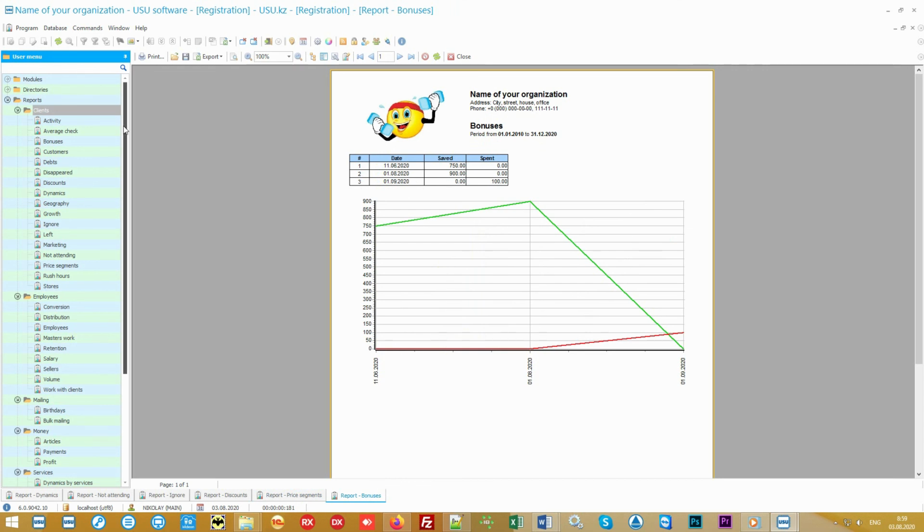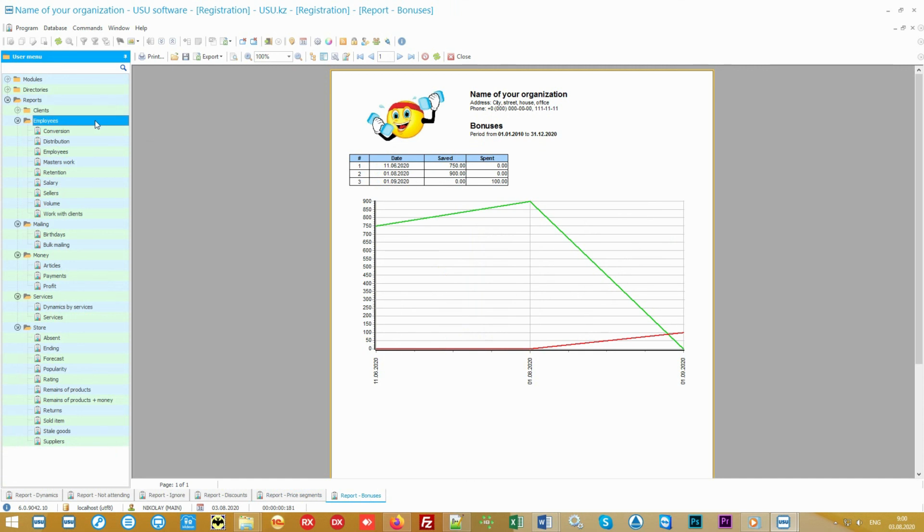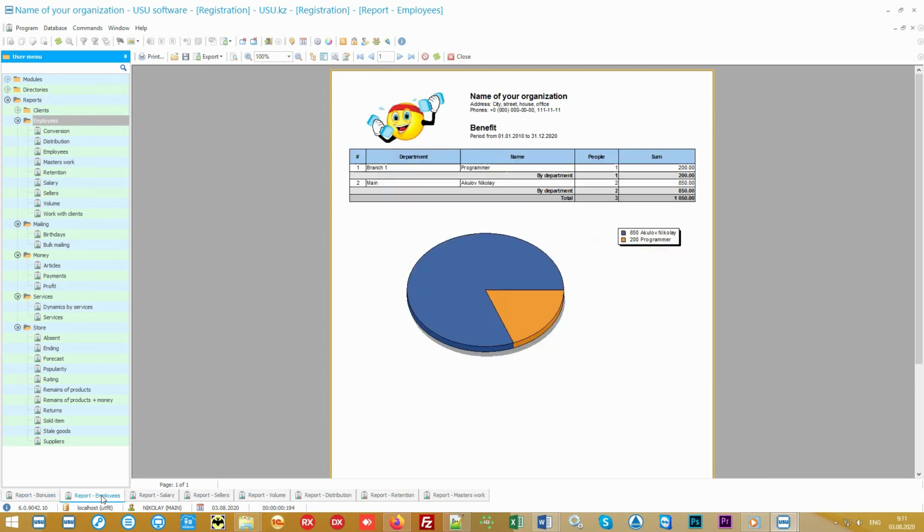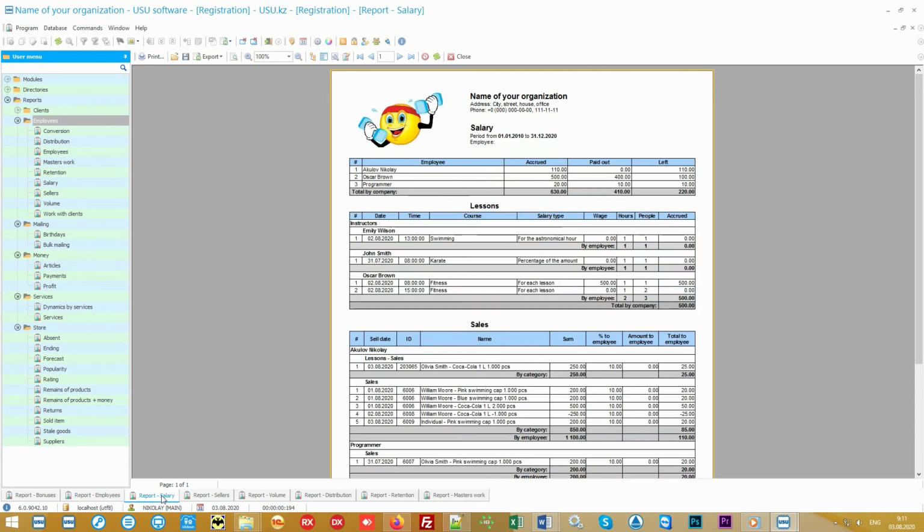The second most important thing is staff analysis. No matter how well you work with people as an organization, it's the employee who performs the most important work. The first sign of a good specialist is the benefit that they bring to the company, calculated in monetary terms. If the employee's salary is not fixed, but piece rate, the program will easily calculate it automatically. To do this, you can simply set the wage individually for each specialist. It's even possible to fine-tune salaries for different types of services provided.